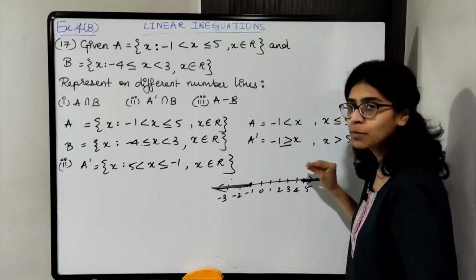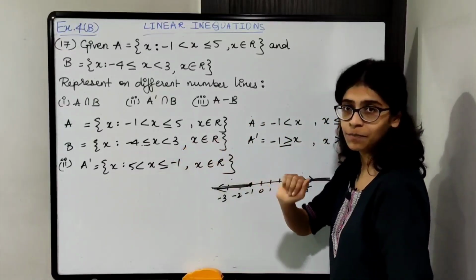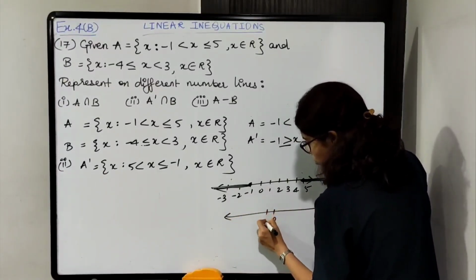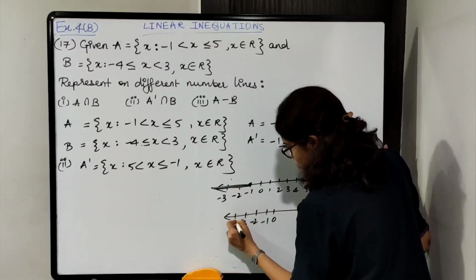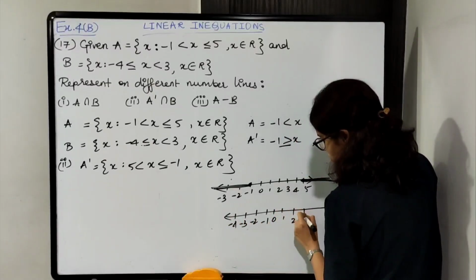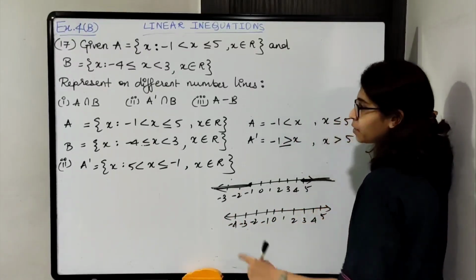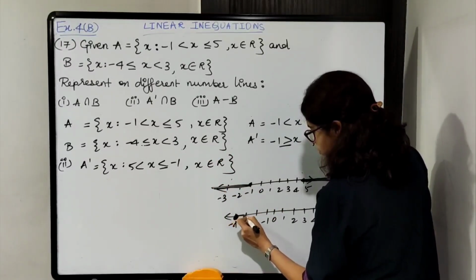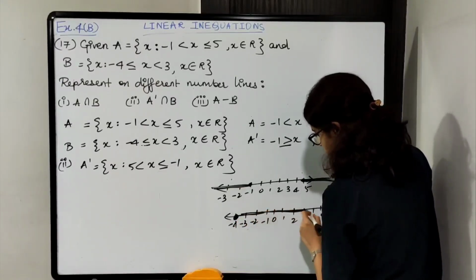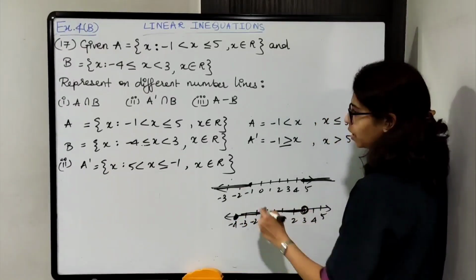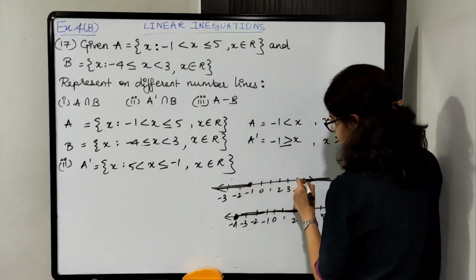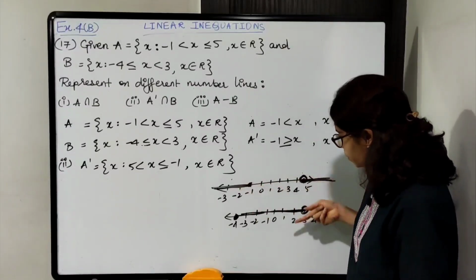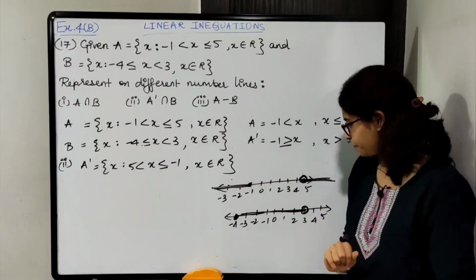So we'll just draw a rough number line and see what will be the range of b. -4 to 3 है, so 0 -1 -2 -3 -4 1 2 3 4 5. So -4 to 3, where 3 is not included, and यहाँ पे -1 is included but 5 is not included. Now यहाँ पे common क्या है? Let us see common क्या है.